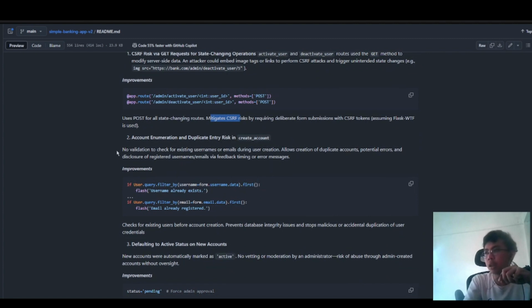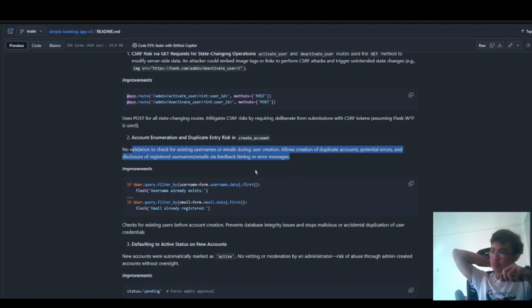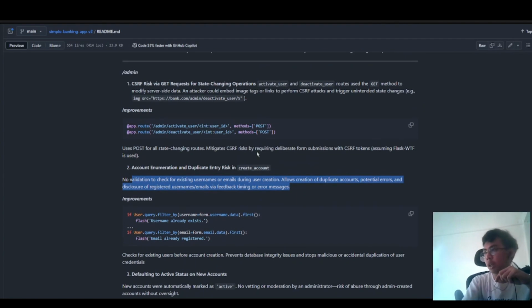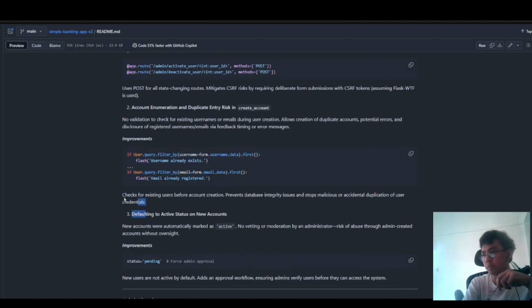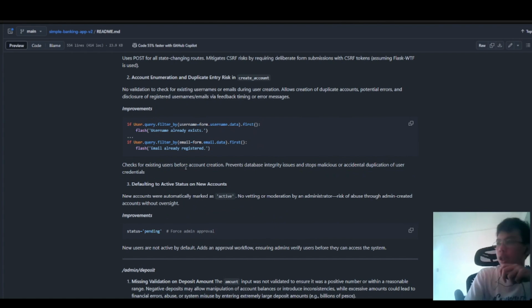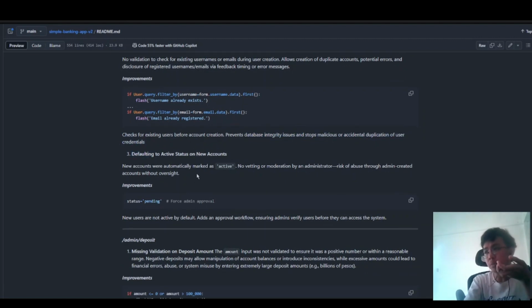Account enumeration and duplicate entries in create account. So in the admin/create account, in the original website, there's no validation to check whether there's an existing username or email during the user creation on the admin side. This could create multiple accounts, duplicate accounts, and potential errors on the website. So as such, we made a query filter that checks for an existing user account, which prevents database integrity issues and stops malicious or accidental duplicate account creation. And then